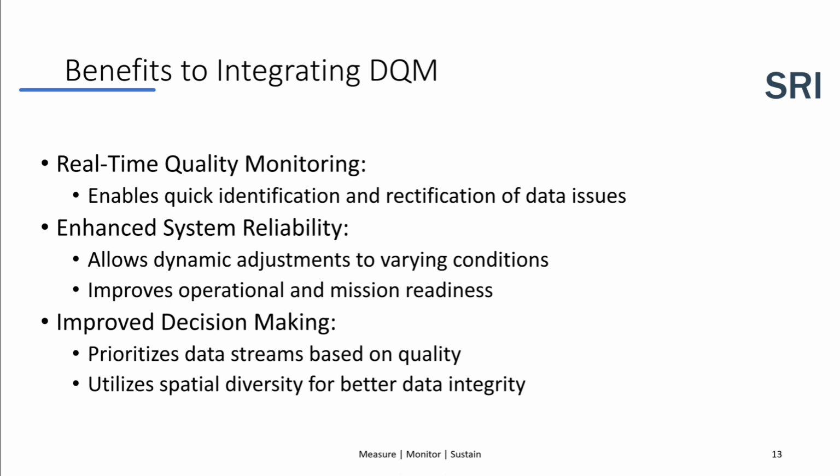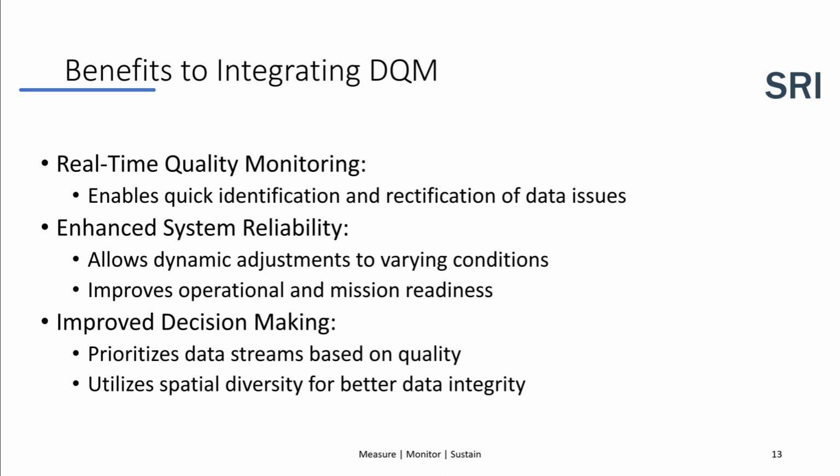Enhanced system reliability. DQM enhances system reliability by enabling operators and systems to dynamically adjust to varying conditions. For instance, if data quality degrades due to noise or interference, the system can employ error correction techniques or adaptive modulation to maintain data integrity. This adaptability is essential for improving operational efficiency and mission readiness, as it ensures the telemetry system can perform reliably